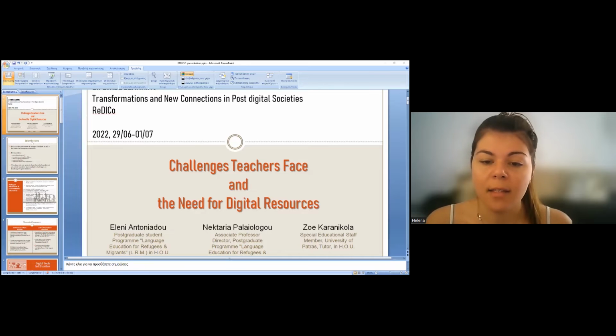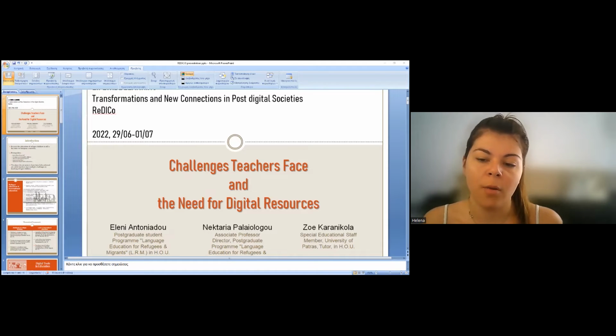When someone has this intercultural education as a model, definitely the progress of the refugee students is much better. And some essential digital media really are necessary in order for this procedure to go on, because digital media are not just means of delivering information, they are types of cultural forms, and they carry much more than that.